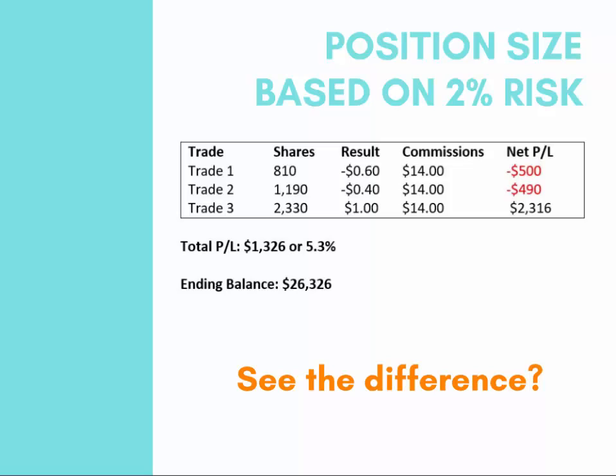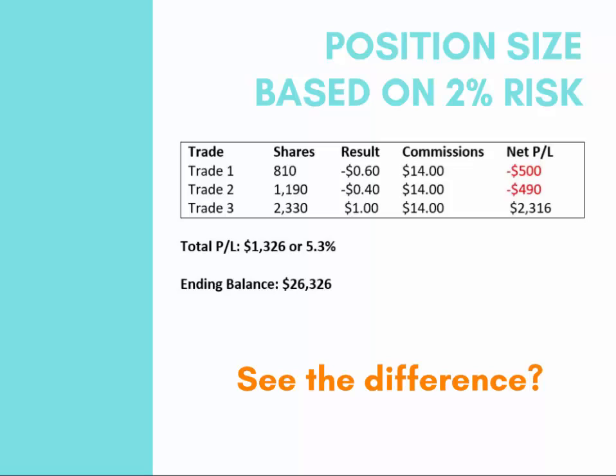Your balance is now at $24,500. Trade 2, with a 2% risk of $490, a profit goal of $1.50 and a stop loss of 40 cents, you buy 1,190 shares. You get stopped out for a loss of $490 after commissions. Your balance is now